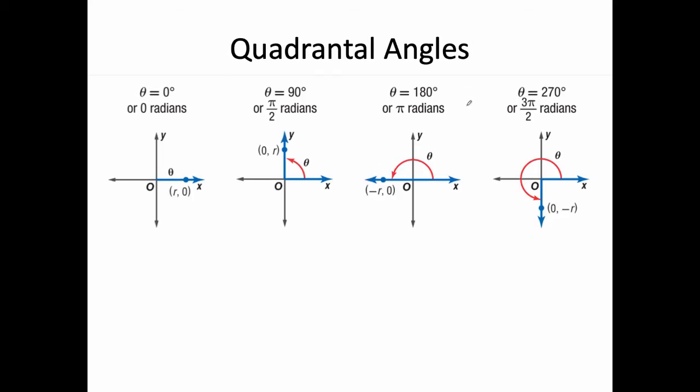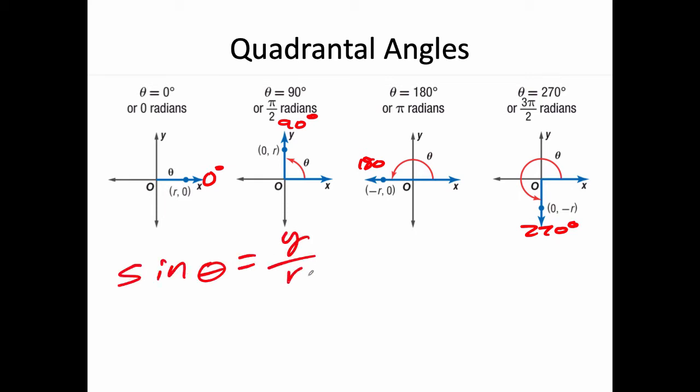Okay, quadrantals. These are going to be the ones that lie on the axis. So we're really talking about 0 degrees and 90 and 180 and 270. And then 360 and 0 are the same. And if you take a look at how this is going to work itself out, if the sine was equal to y over r and the cosine was equal to x over r, then you can do these with the same